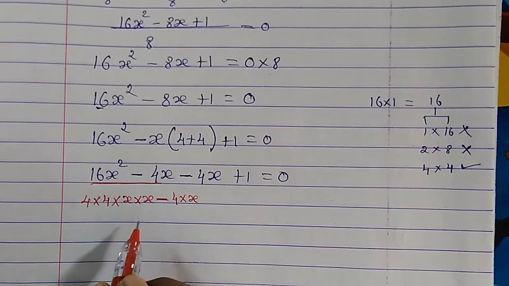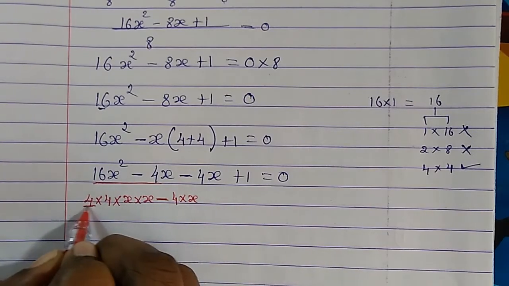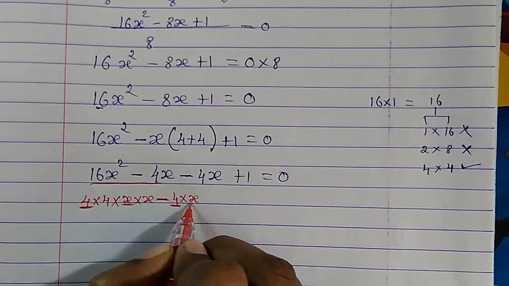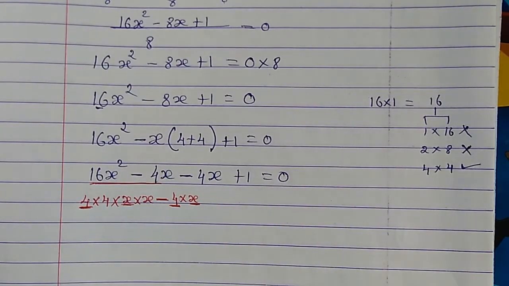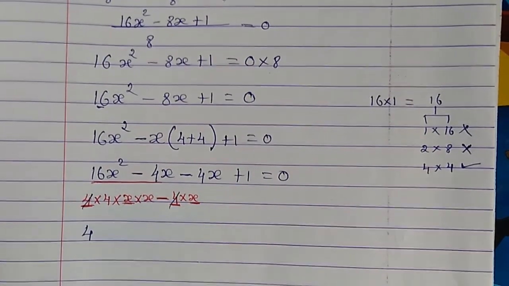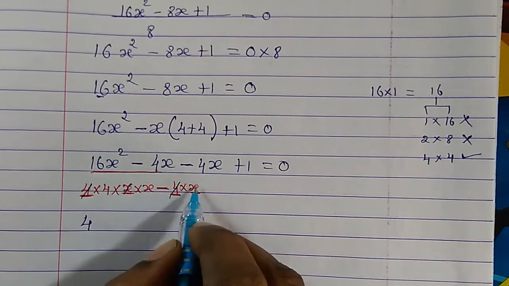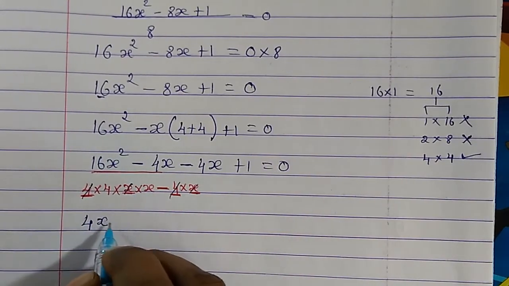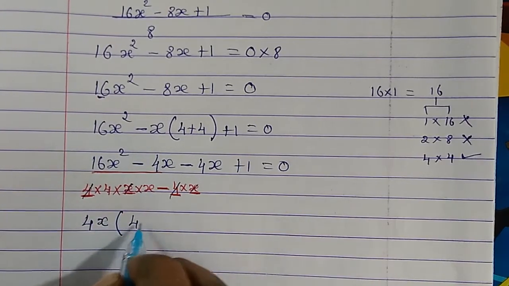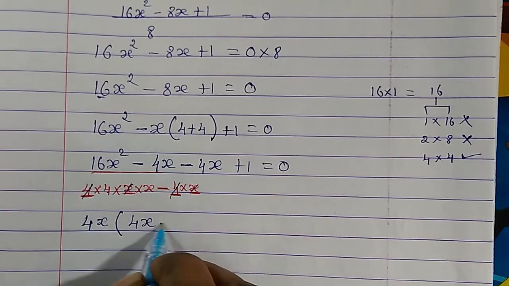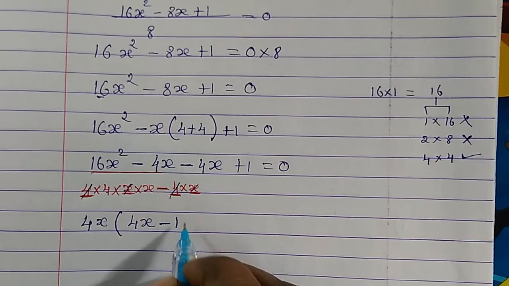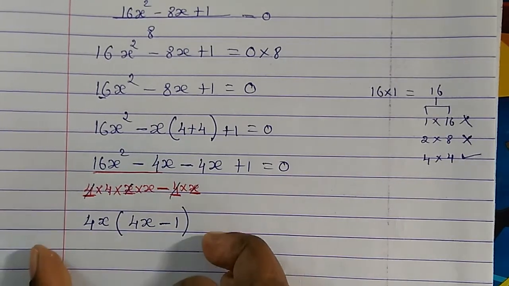Now what are the things in common that we can write down? 4 is here, here also 4 is there. And here x is there, here also x is there. So let's take it common. From here and here 4 is cancelled. So let's take 4 as common, and x we take common. Now what is left to write inside the bracket? We have 4, we have x here, so 4x, then minus is here. Is anything left here? Nothing is left, so we will write down 1 here. Is it clear? That's how we do this step.